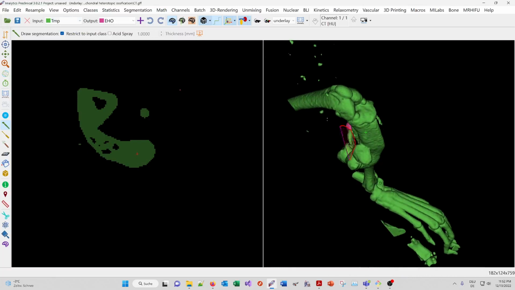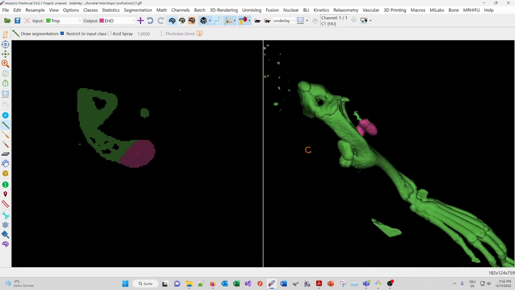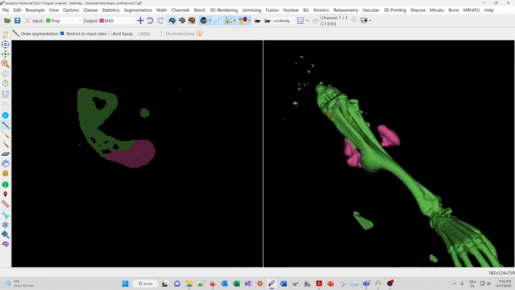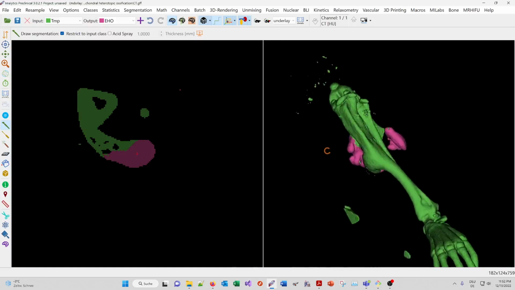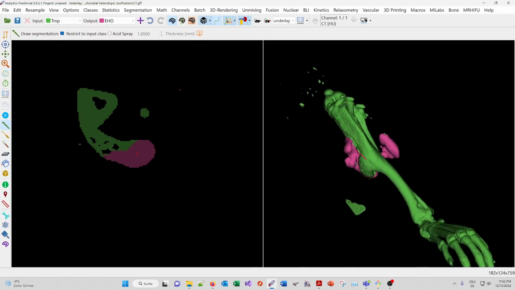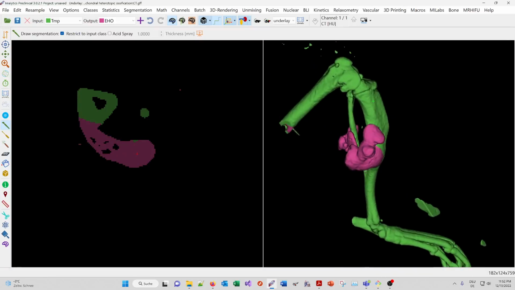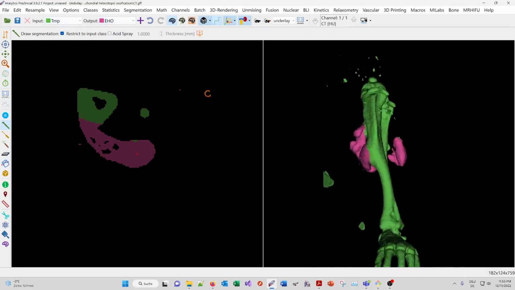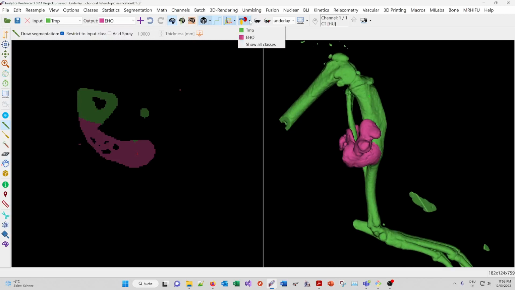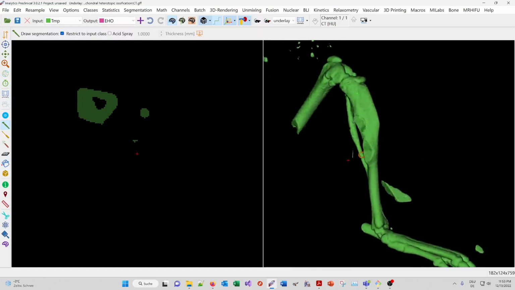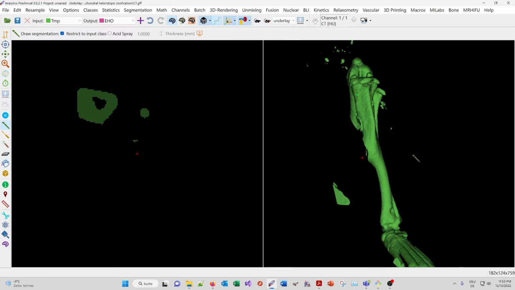So it'll take whatever we cover with this drawing. We can do this a few times from a few angles here, and fetch the region. Now we got something wrong here, so we can do this the other way around. And we can also hide the EHO class here to see where we have something missing.